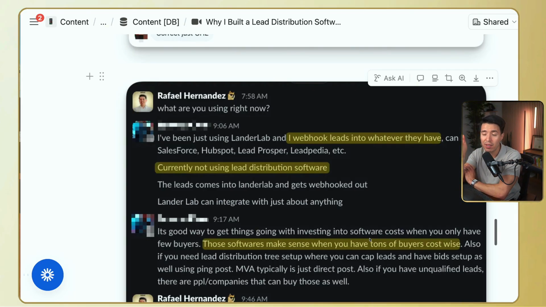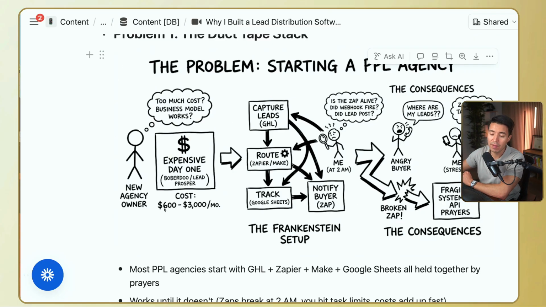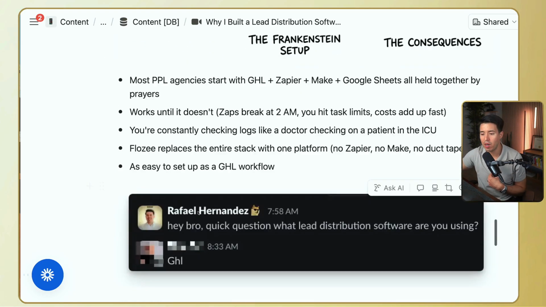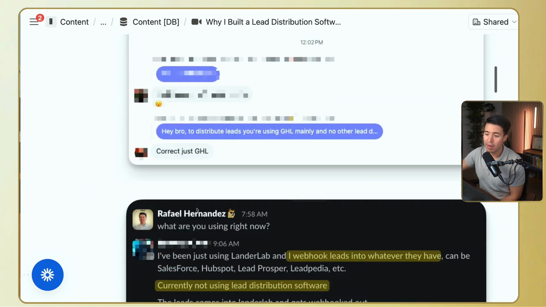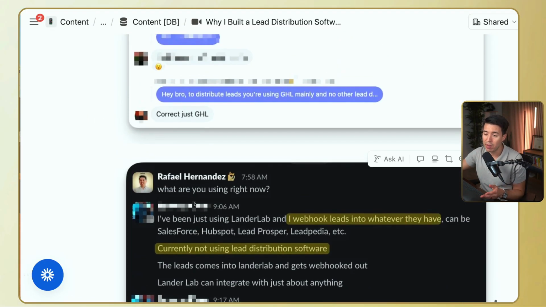The starting price is $500 a month to start. And this is, again, you're a brand new PPL agency owner and you have to start paying $500 a month. That already eats up at your profits. So the way we're setting up our pricing is we're going to have a free option. So for people who are starting off, they'll get up to like 50 to 100 leads that they can distribute and route and get set up,